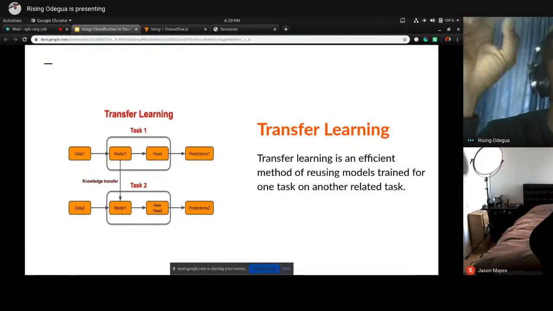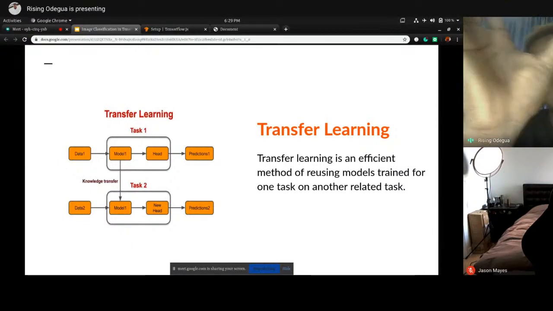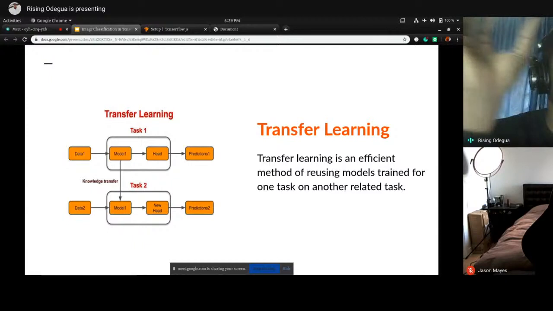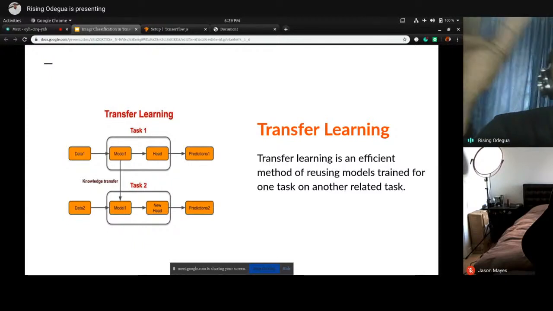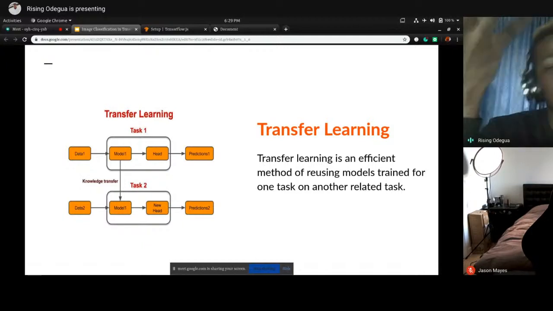How does it do this? It uses transfer learning at the back end. There's a model that has already been trained on hundreds of thousands of images, so this model already has a basic understanding of what an image looks like. For example, if I'm trying to differentiate between a human and a dog, the pre-trained model has already been trained on images of dogs and images of humans.